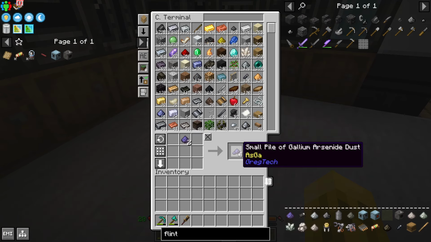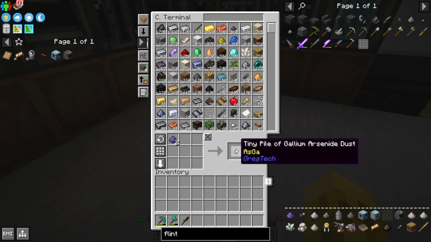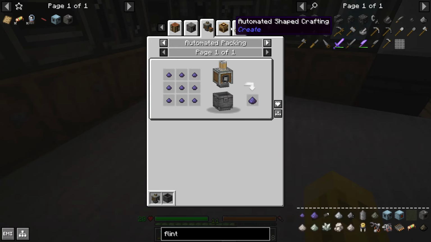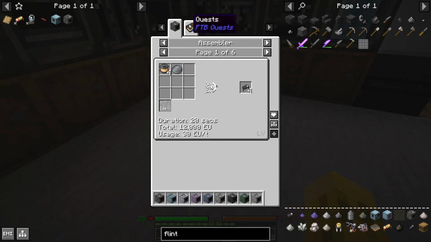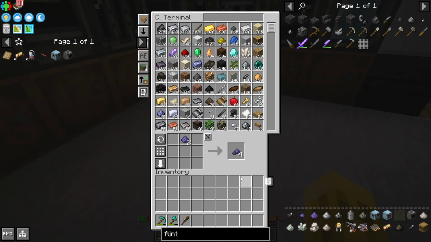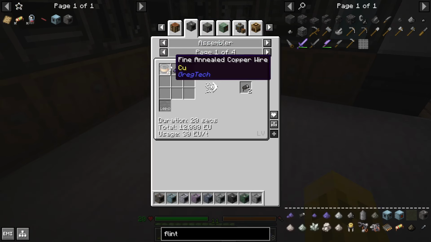Oh, it's a weird recipe. You have to put it in a specific spot. Okay. So we get the tiny piles, and then... Oh, did I not want tiny piles? Did I want medium piles? Oops. Let's do that again. Small piles. There we go. All right. Small piles plus...